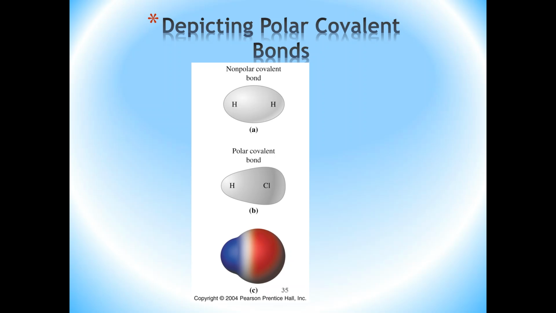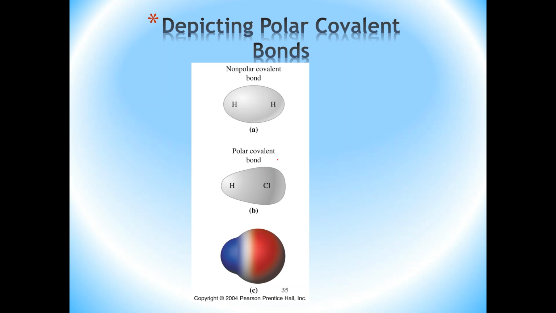Well, what we're looking at here are diagrams that we use to show how the electron cloud distribution occurs in each of these situations, in the case of the hydrogen molecule and the hydrogen chloride molecule. In the case of the hydrogen molecule, the electrons would be evenly distributed between the two atoms because they're identical, right? However, in the case of the hydrogen chloride molecule, most of the electron cloud will be, on average, closer to the chlorine compared to the hydrogen. And therefore, you have the displacement of the electron cloud towards the chlorine, and as a result, this bond